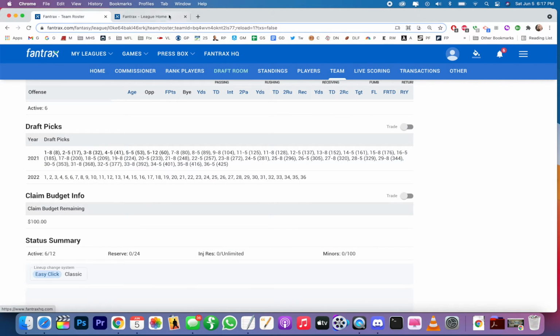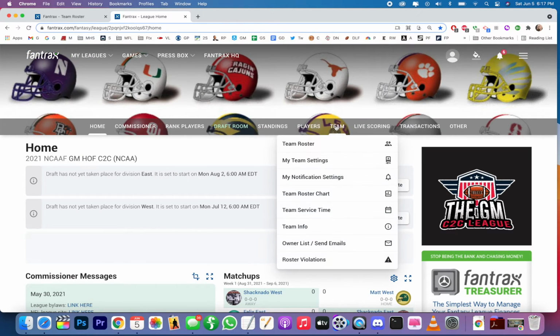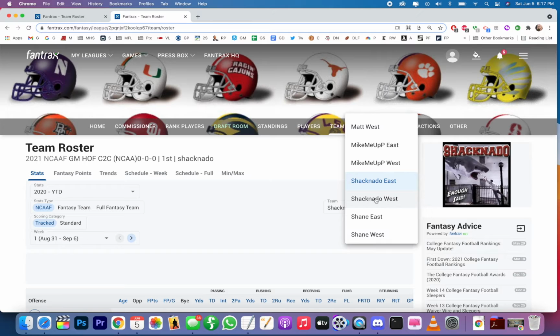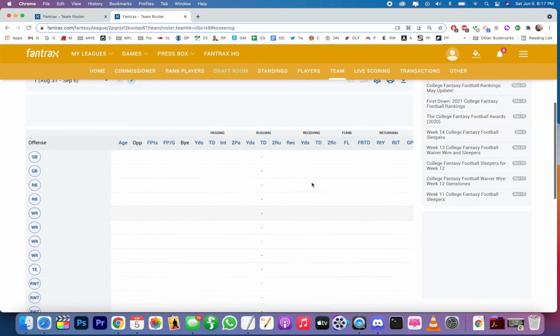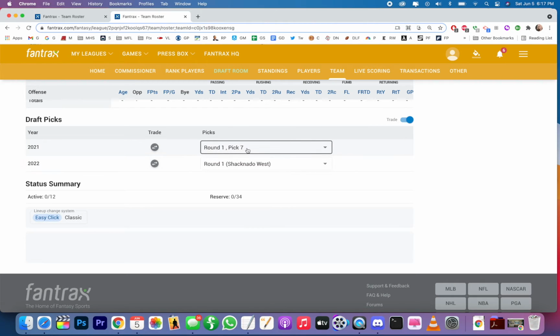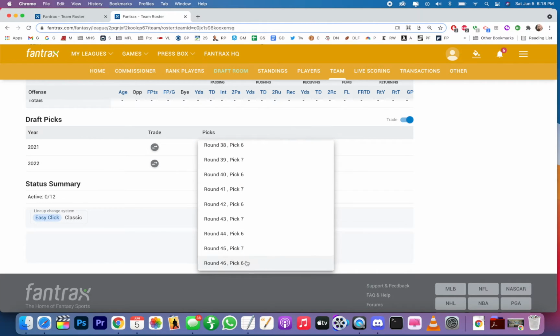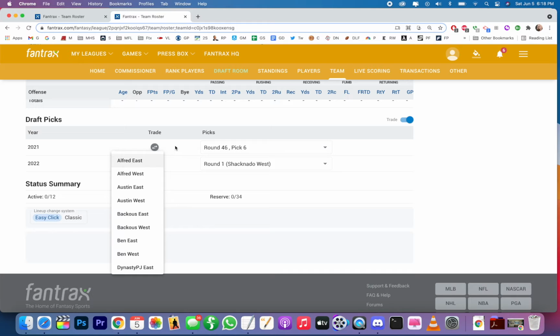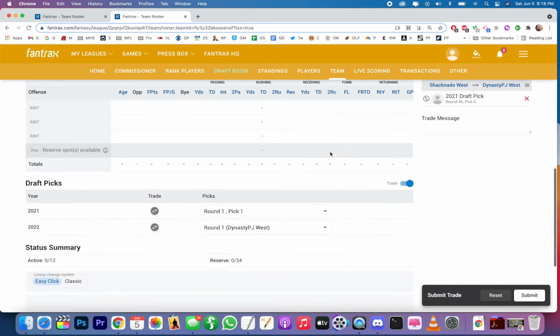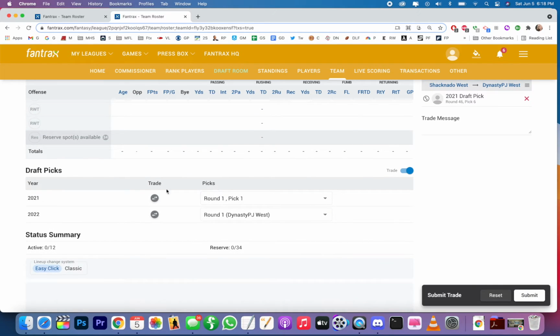And now if I'm over on the college side, same thing, man. All right. It just operates the same way. Shagnado Eastern College. Just going to pop it over to the west. All right. And I'll offer the same preposterous trade over there. Give you my 46.6, dude, for your first round pick, right? That sounds sweet. So yeah, that's really how it's done.